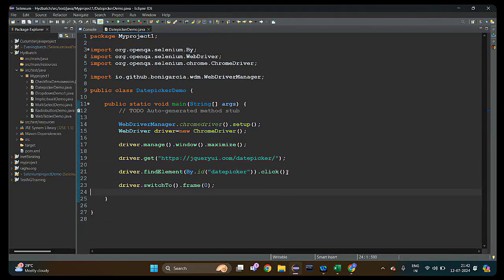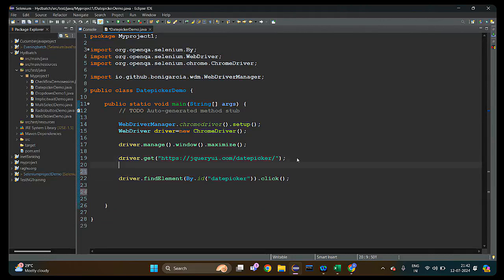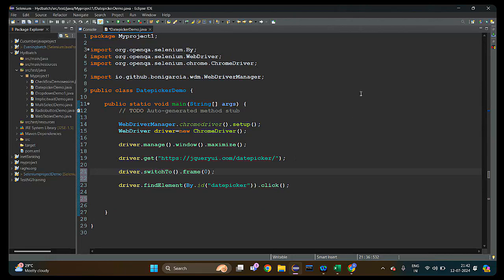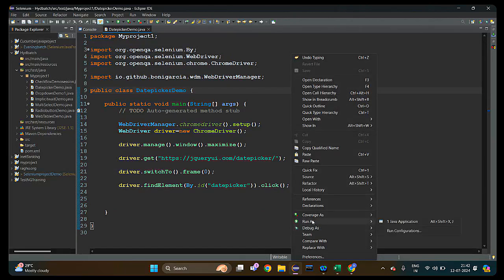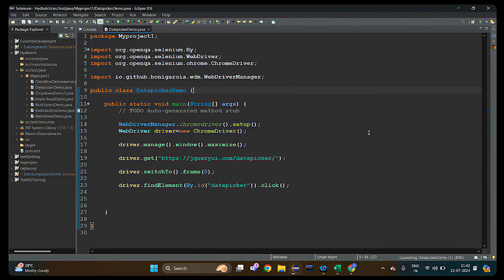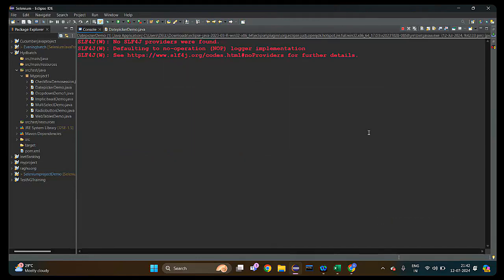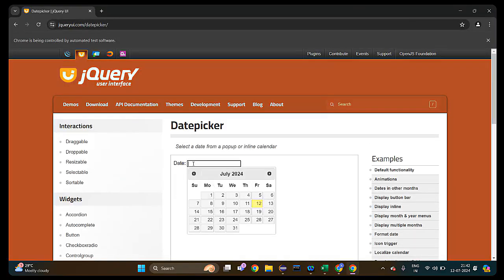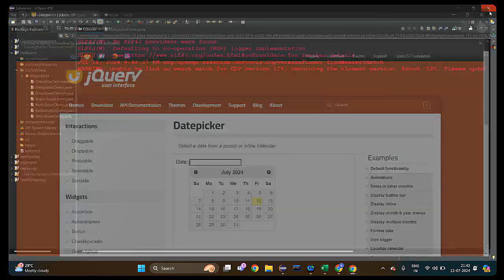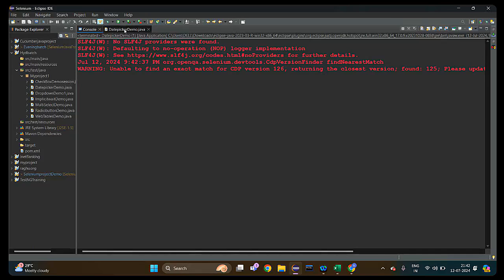And one more thing: before performing the click operation, we have to switch the driver to the frame. Now I'm just clicking on run as Java program. Now it will click on that. Now it is performing a click operation. If you cancel this one, you are not getting any exception now. That means